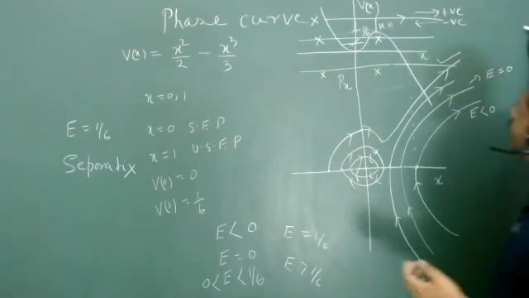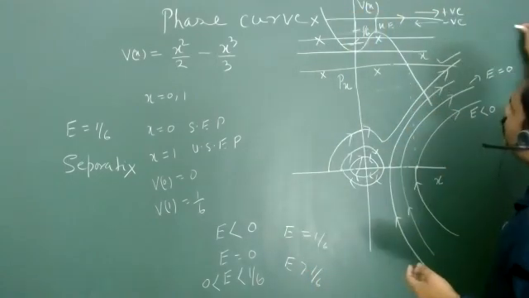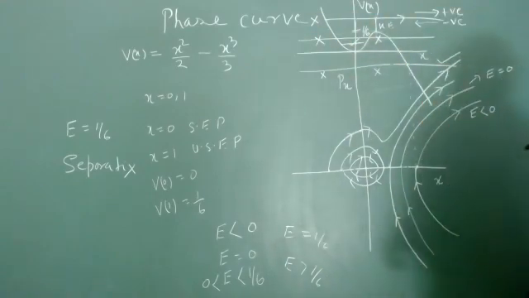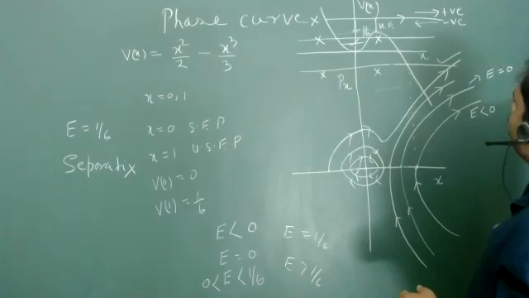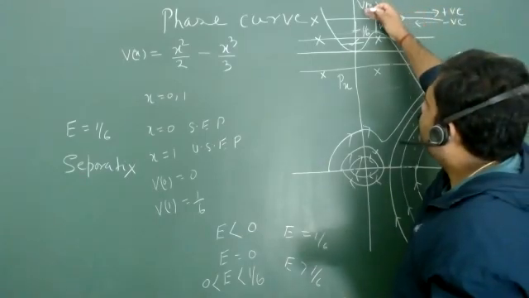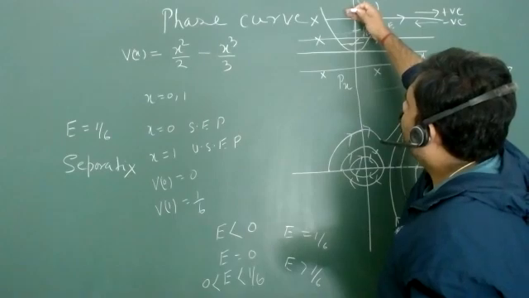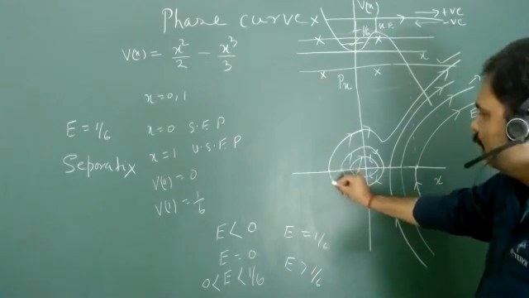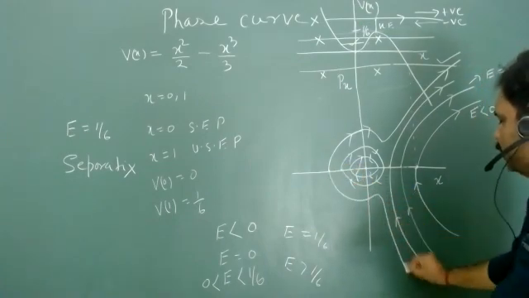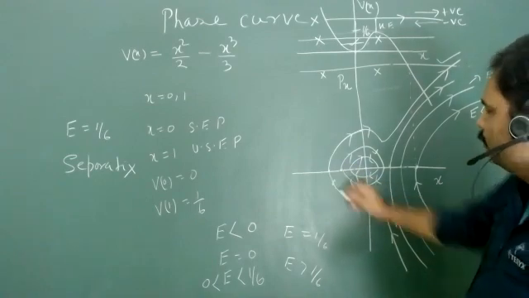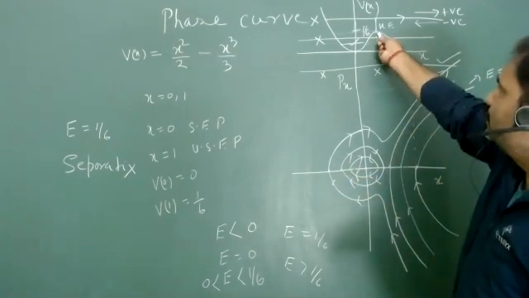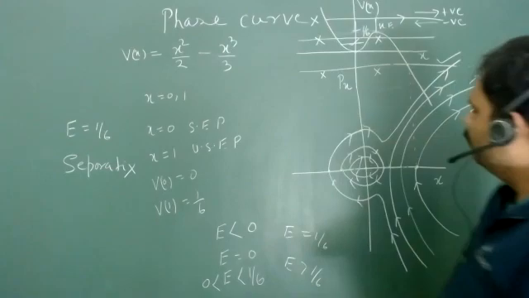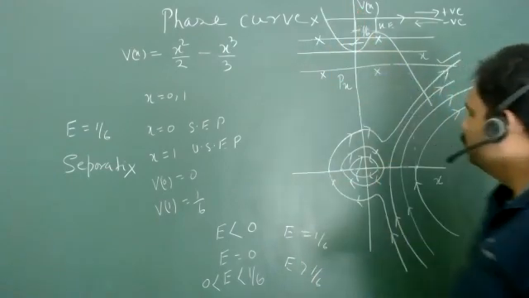Now what will happen? The second case is that I can approach this potential from my right to the left. The profile will be exactly the same. You will have very high momentum, then here your momentum is less, and again you have high momentum, and then very low momentum. So you have exactly the same kind of situation here. But yes, the arrow will be something like this. You will decrease momentum up to this, after that you will increase momentum and get a higher value of momentum, and then you will go to the 0 one.